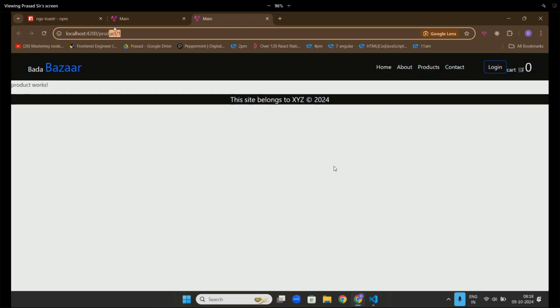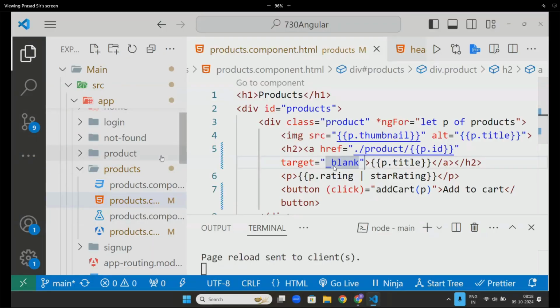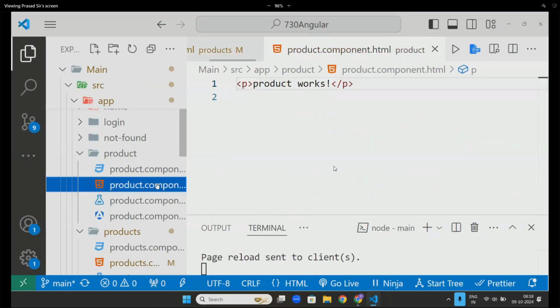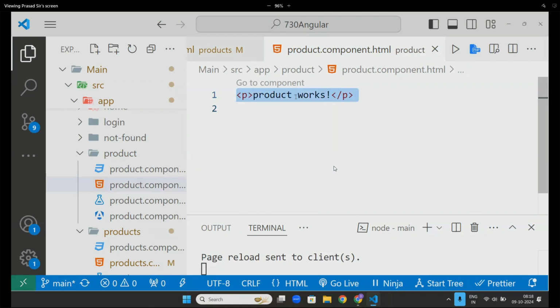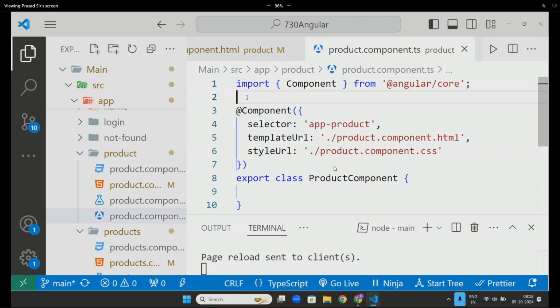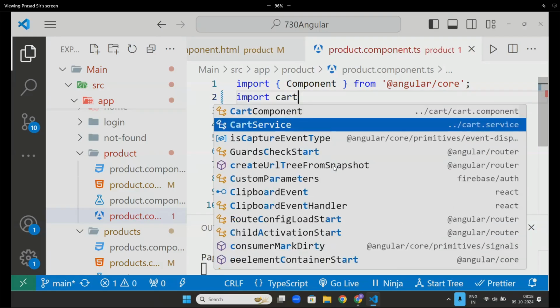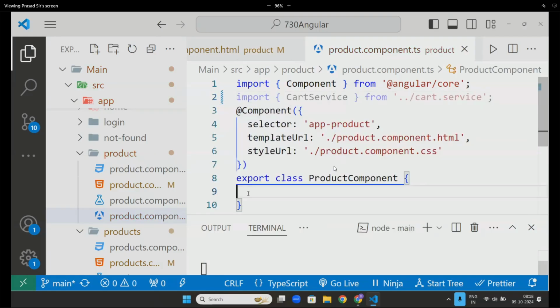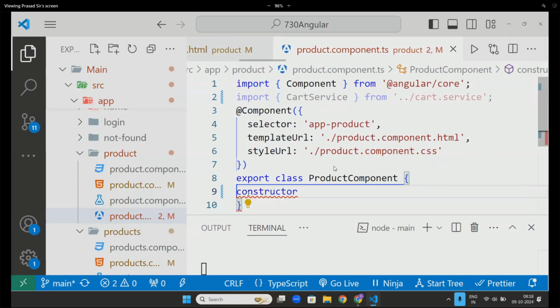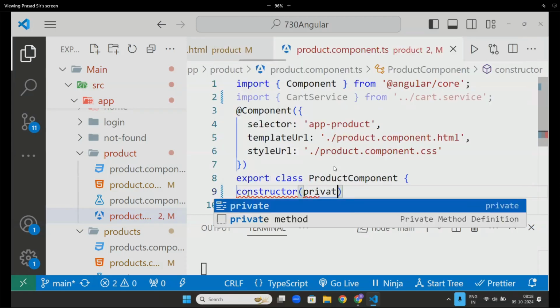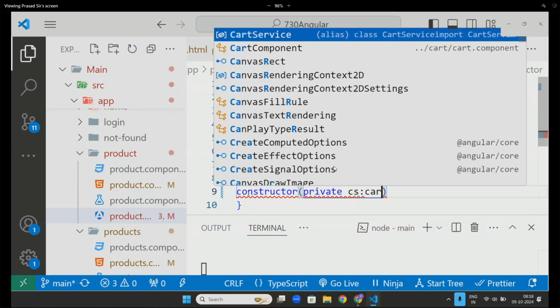Any doubt? Now when this product slash 1 is coming, I want that product page. So how do you get it? Go to the product component. Inside the product component, let's write something here. TypeScript first. Here, import cart service. Constructor, private cs, cart service.